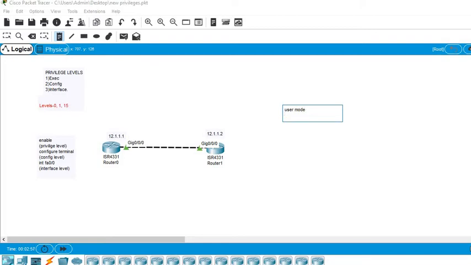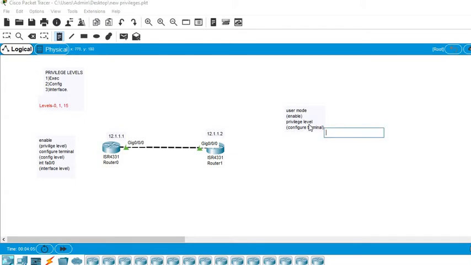When you enter the router and write enable, you reach the privilege level. Then you write configure terminal. The configure terminal command is under the privilege level, so you have to type it under exec mode. The privilege level is just like your enable mode, or the exec mode.